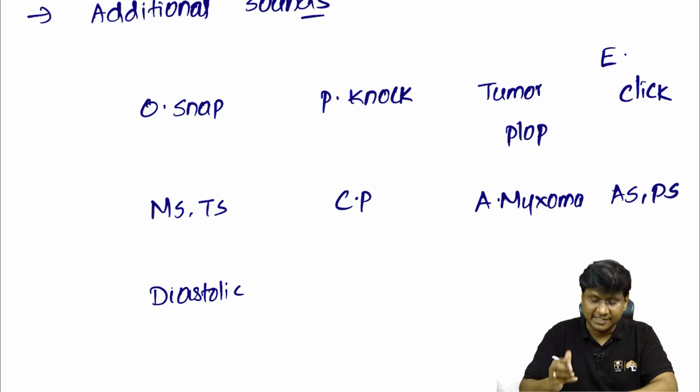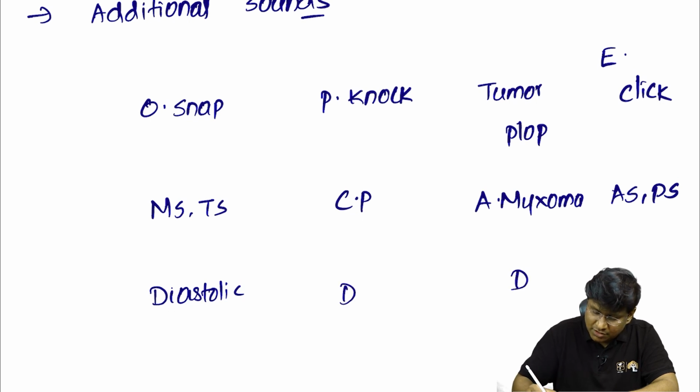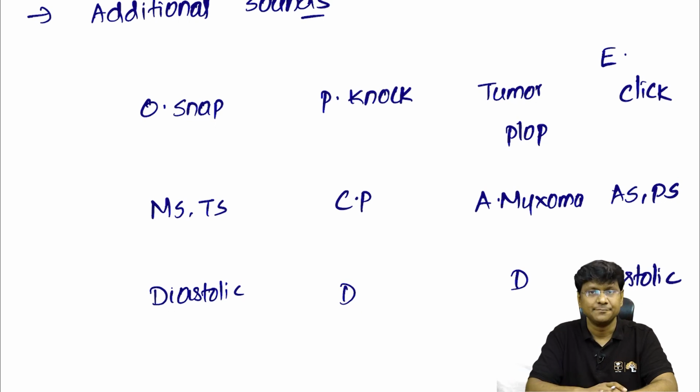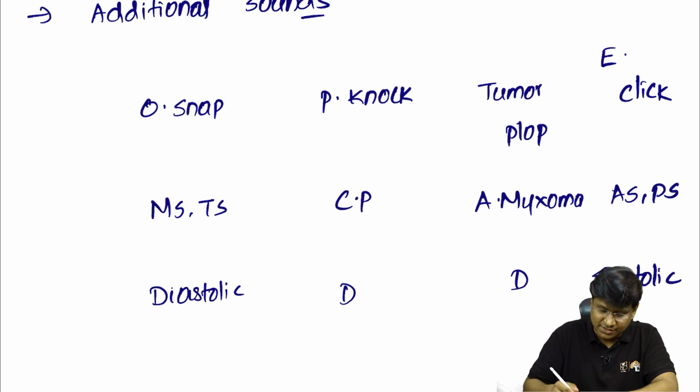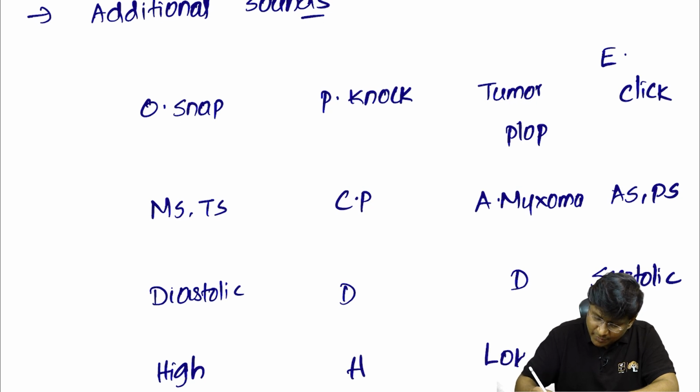So even if you take the pericardial knock, it is a diastolic sound, whereas tumor plop is also a diastolic sound. But ejection click is heard during systole. And what about the pitch of the sound? The opening snap is a high pitched sound. Pericardial knock is also a high pitched sound, whereas tumor plop is a low pitched sound, and ejection click is also